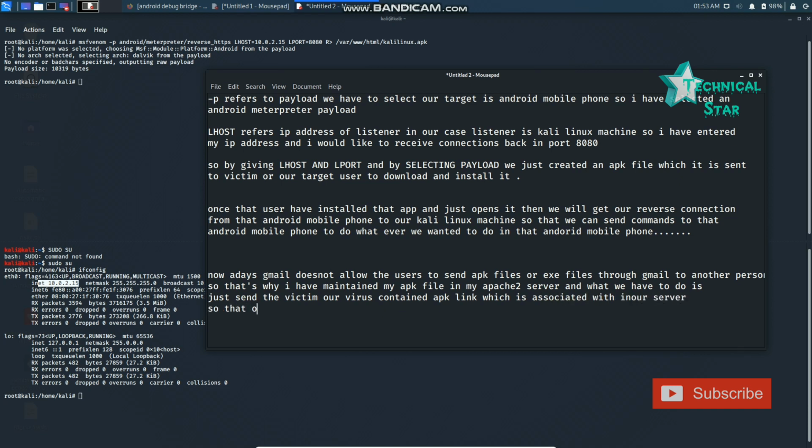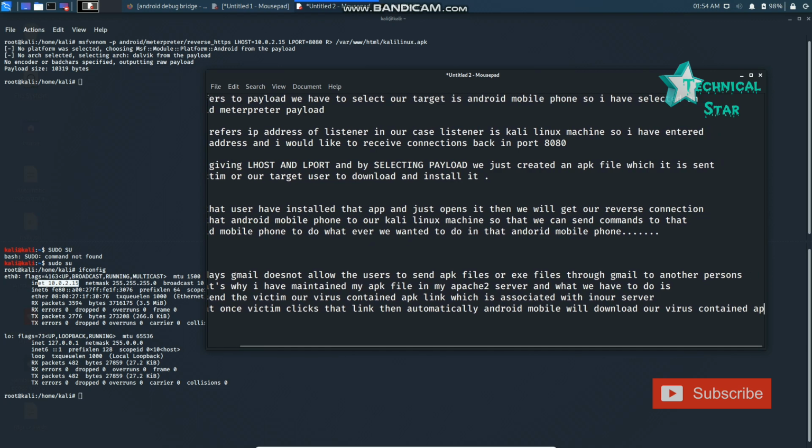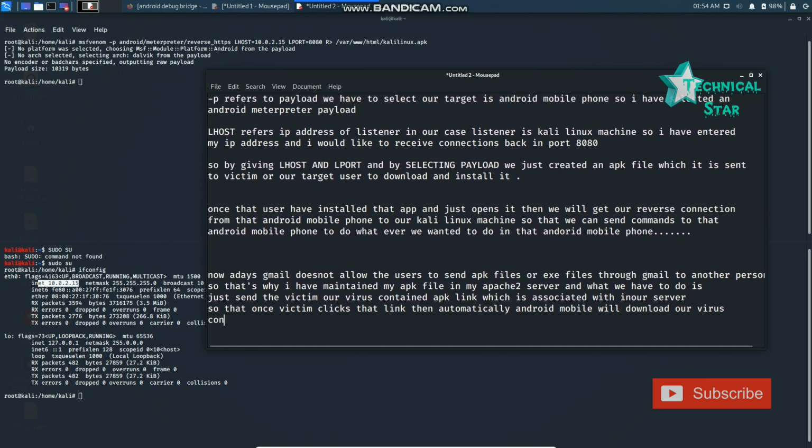Whenever the victim clicks on the link, that Android mobile phone will automatically download the application which is associated with our server. So once the victim clicks the link, the Android mobile phone will automatically download our virus-containing APK. And once it is downloaded and installed, we can do everything with that Android mobile.